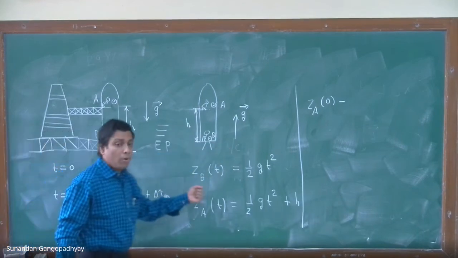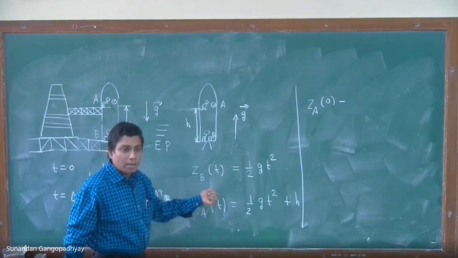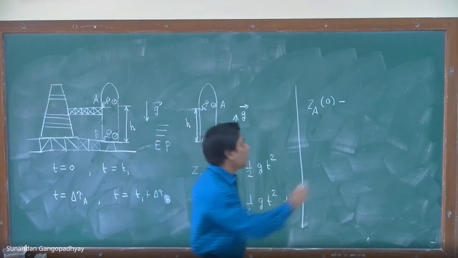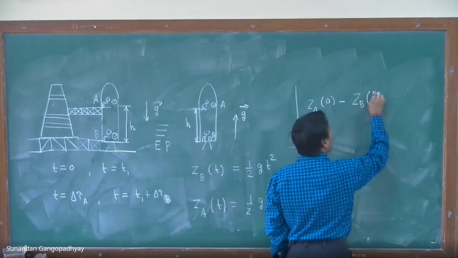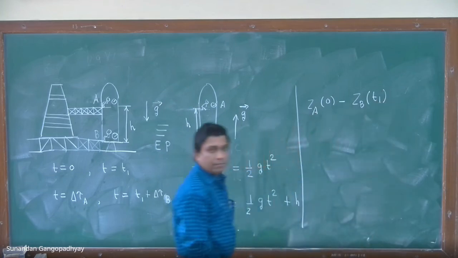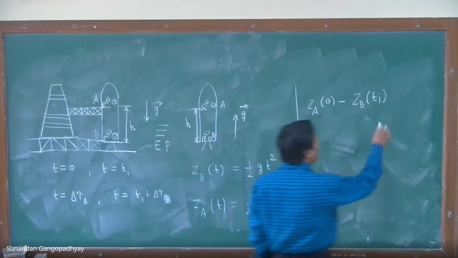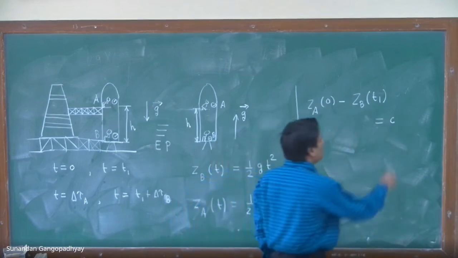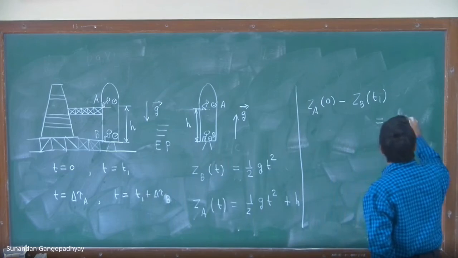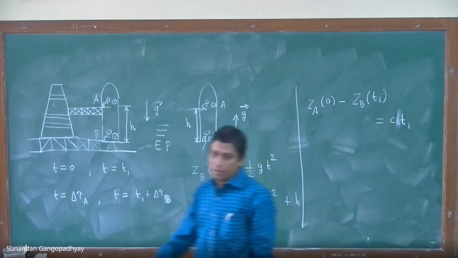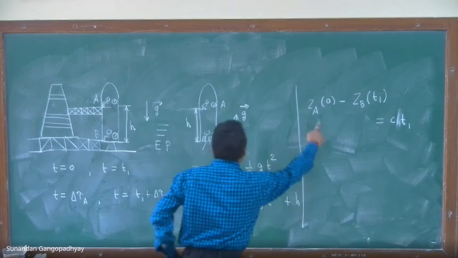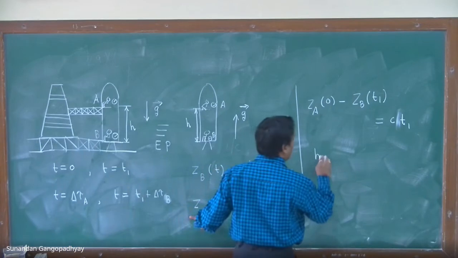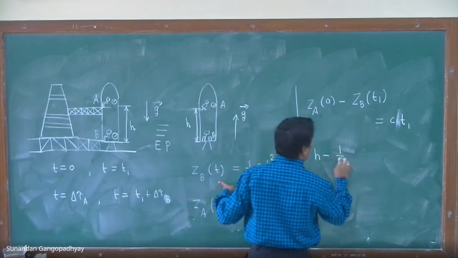What is the position of Bob at time t is equal to t1? Zb t1. So distance traveled by the first pulse is Za at time t is equal to 0 minus Zb at time t is equal to t1. Right? And that is equal to what? Very simple. Sending light signal. So they are connected by light paths. So that is C T1, the first equation. What is Za at 0? Look at these equations. Za at 0 is H. And what is Zb at T1? Minus half